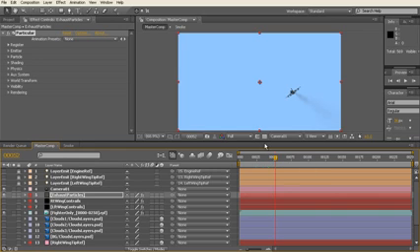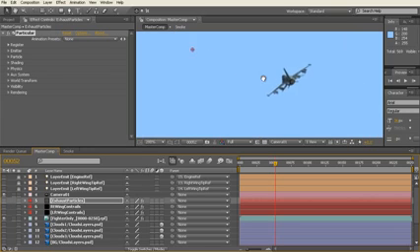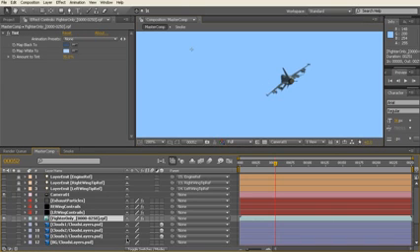So what we can do now, probably the last thing we need to do, is add a little bit of engine glow. And what we're going to do there, I'm just going to hide those exhaust fumes. I'm going to come in here a little bit tighter. I'm going to take my fighter layer, Control D to copy it, and I'm just going to